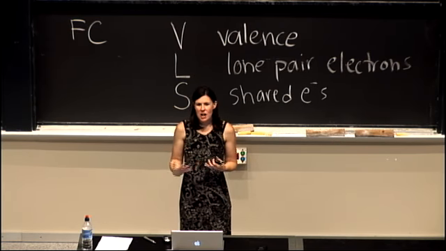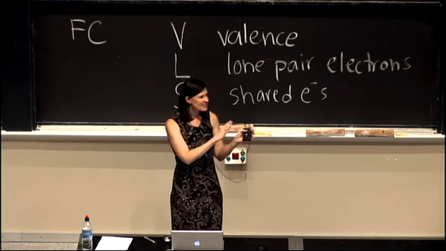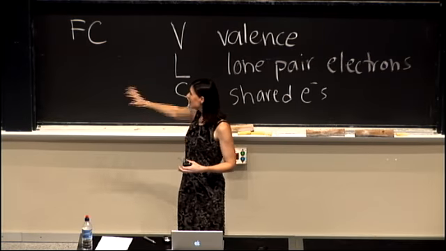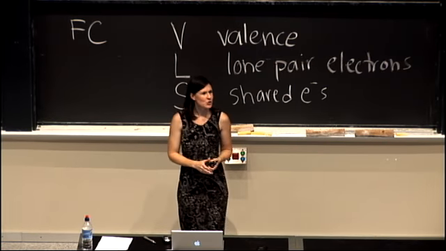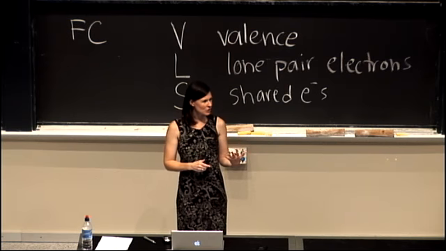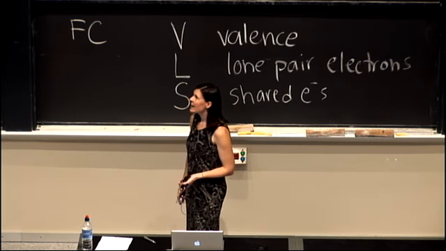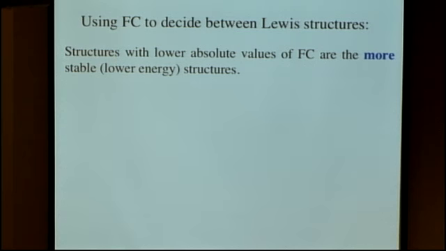All right, so formal charge can actually help us out when we're trying to decide between several Lewis structures that look like they might be comparable in terms of which might be the lower energy or the more stable structure. The examples we've done so far have been pretty straightforward, so we haven't needed to use formal charge to make this kind of decision. But we could, for example, look at a case where we have several different structures that